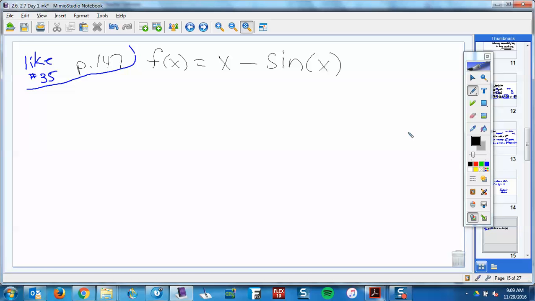How do you start? This is no calculus. We're going to find the derivative. Great example of a problem where you don't know where to start. Do the derivative and set it equal to 0. Right? Do the derivative and set it equal to 0. Okay? So f prime of x equals